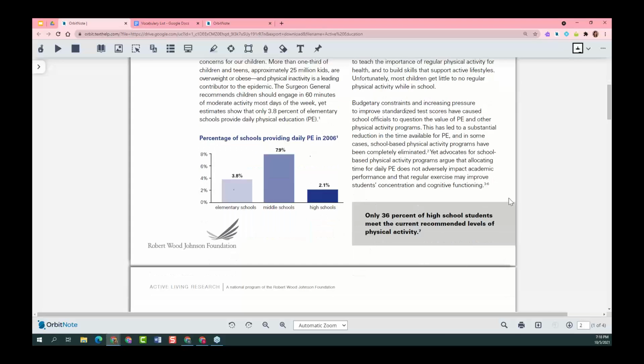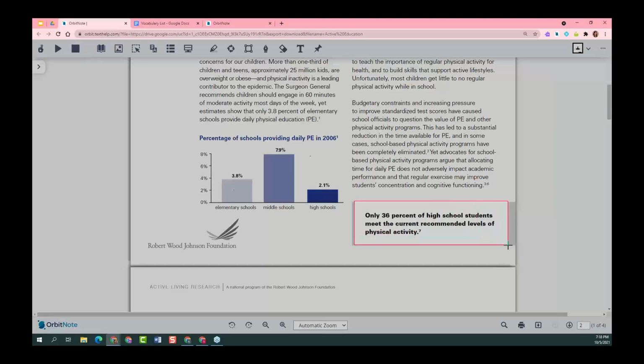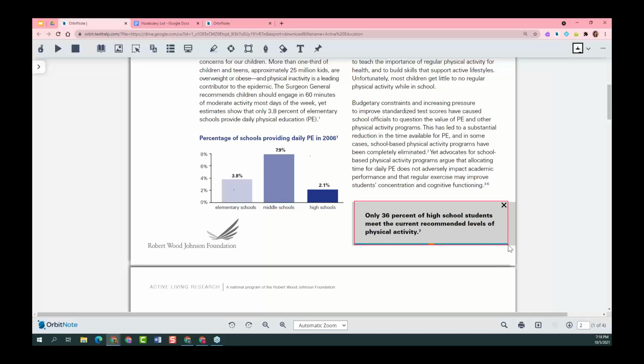So let's say we have this little caption down here with the gray background. If this were an image-based PDF, I have another backup way that I could read this text really easily, and that's using the screenshot reader. The screenshot reader is great for those image-based PDFs. All I have to do is just drag a box around the text that I want to read. And then what it does